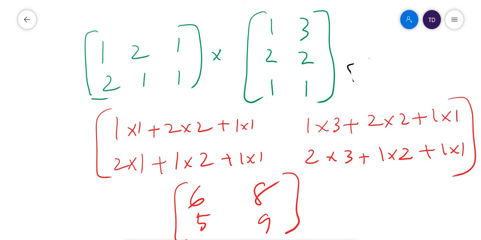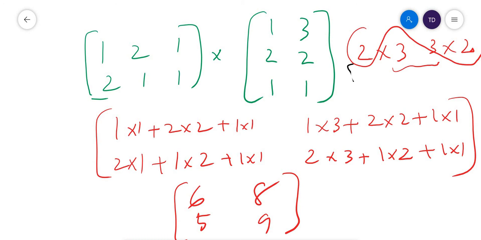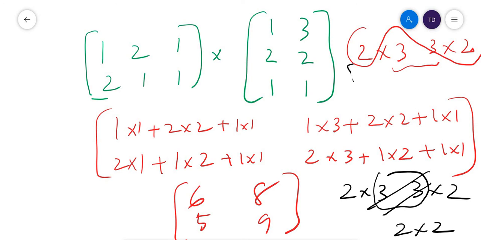So you multiplied this 2 by 3 matrix with a 3 by 2 matrix. Then this 3 will be gone and you will get a 2 by 2. That is the way it will come. From the order, once again I will explain. You multiplied a 2 by 3 matrix with a 3 by 2 matrix, then this 3 will be gone and you will get a 2 by 2 matrix. That's what we got, a 2 by 2 matrix.